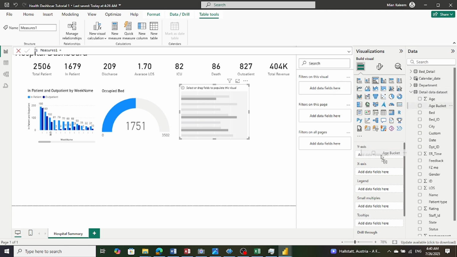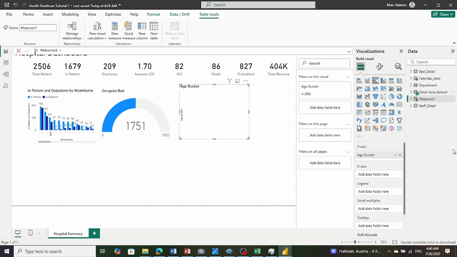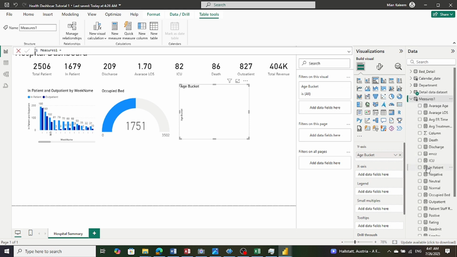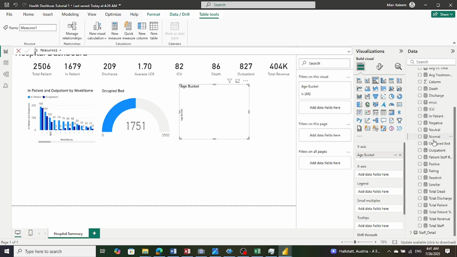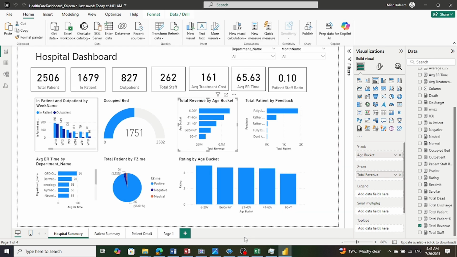This is we have age bucket, and then we have total revenue by year. You see, once we have created all the data sets and imported data sets and the measures, then creating a dashboard becomes very fast. You see, we just have to plug in the data behind these charts, graphs, and the third one is patient feedback,